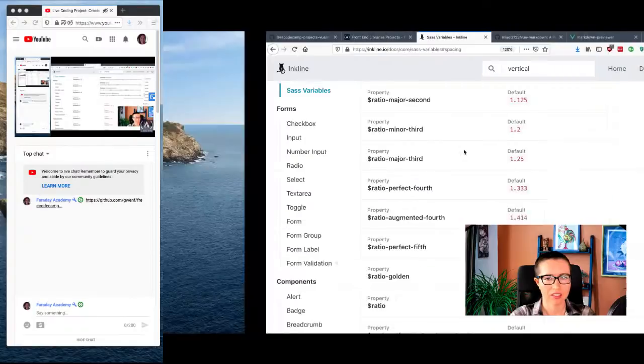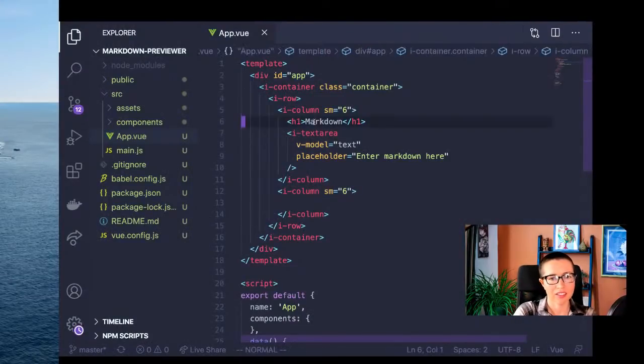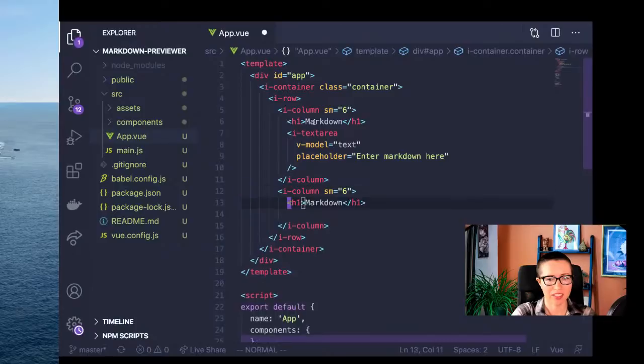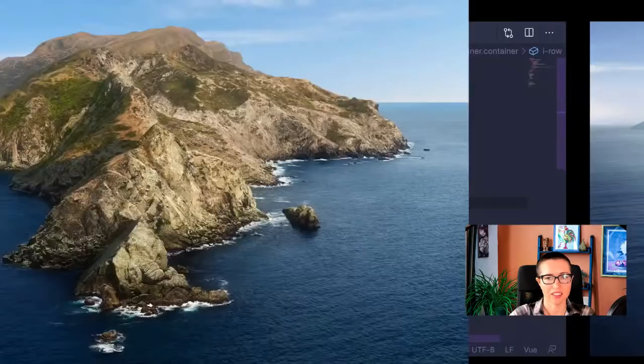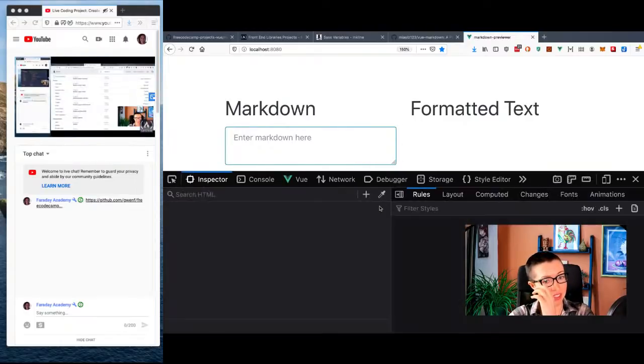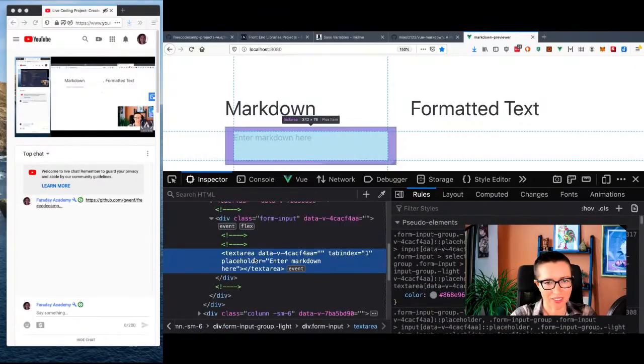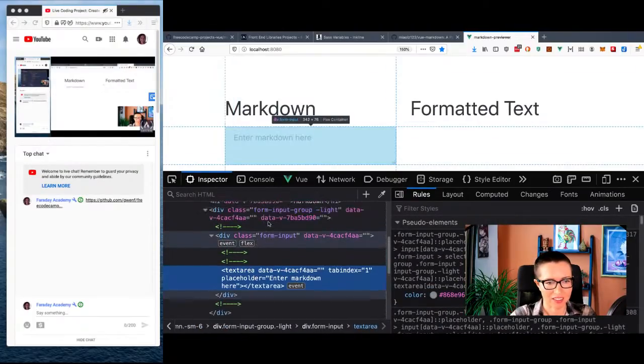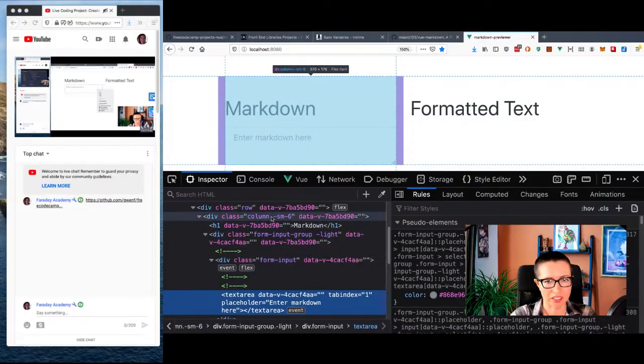Let me then just copy this title, and then I'll put formatted text here. Okay, so that's fine, and then I'll add I guess a border to one of the sides and hope that it's even. Let's see, in the column, so I should add it to the column, I guess. So if I add a border here,